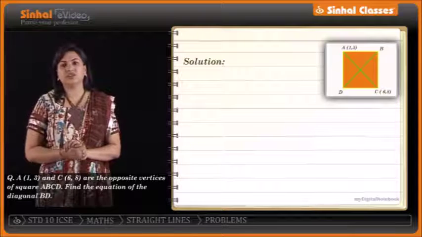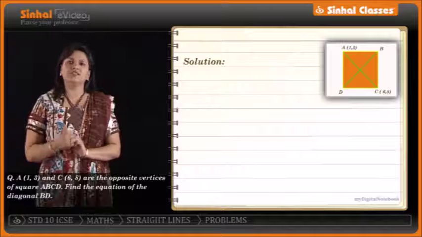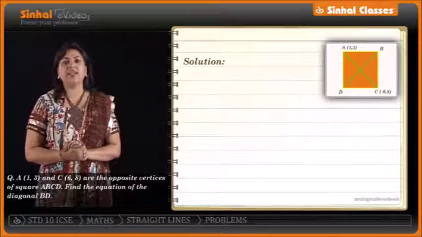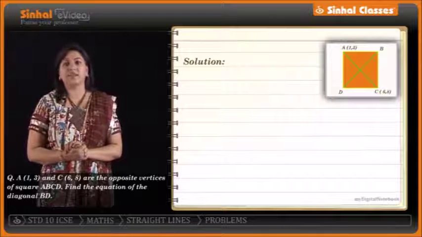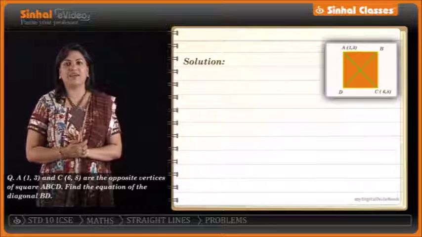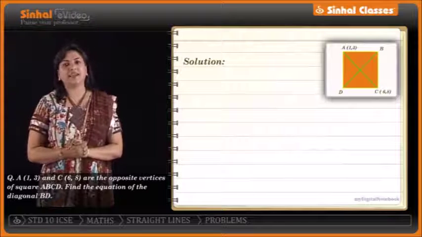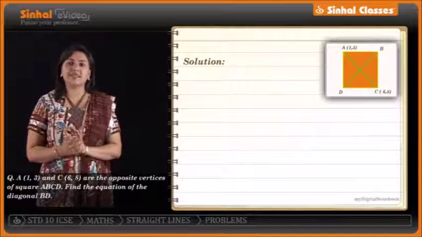Now to know the equation, we should know the slope of diagonal BD and we should know a point on that diagonal BD. Now since we have a square, we know that the diagonals of a square bisect each other